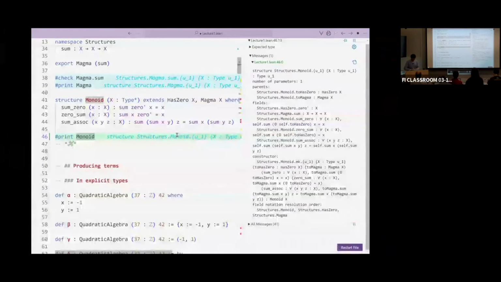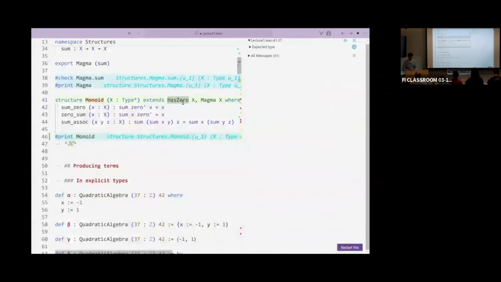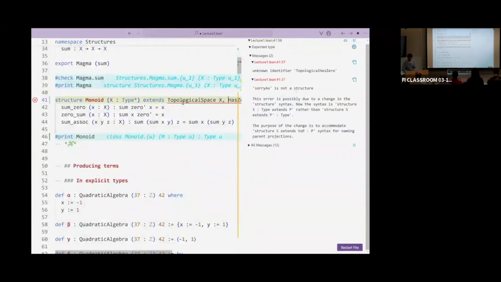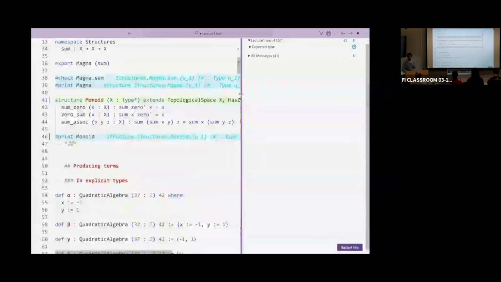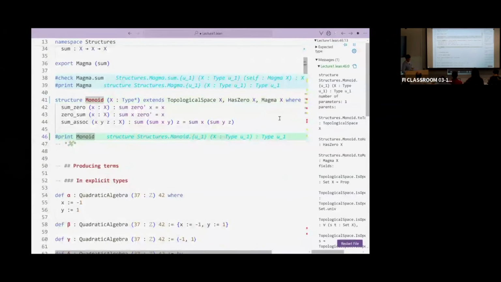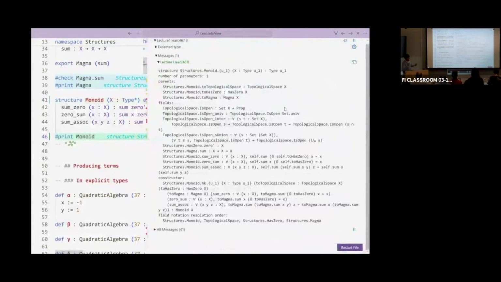Well, you can, for instance, also decide that every monoid has to be a topological space. Why not? So I can say, okay, a monoid for me is a topological space with a 0, with a binary operation, and such that this combined thing holds. And then if I print monoid, you could say topological monoid and the continuity. Yeah, exactly. I agree, but I don't want to. And now, how many fields do I have?